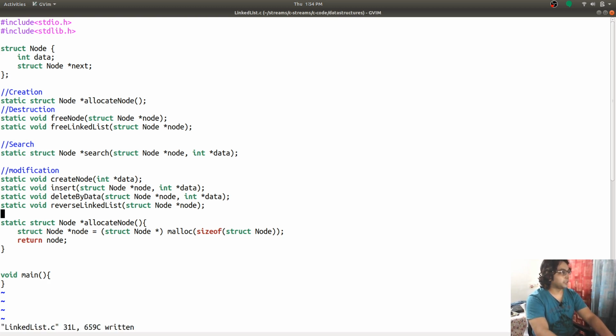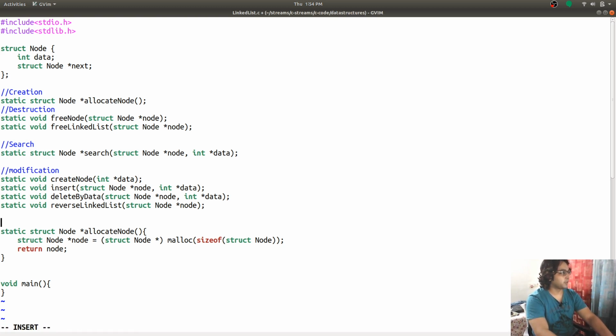These are the utility functions. So creation is done, and I'm going to link it.